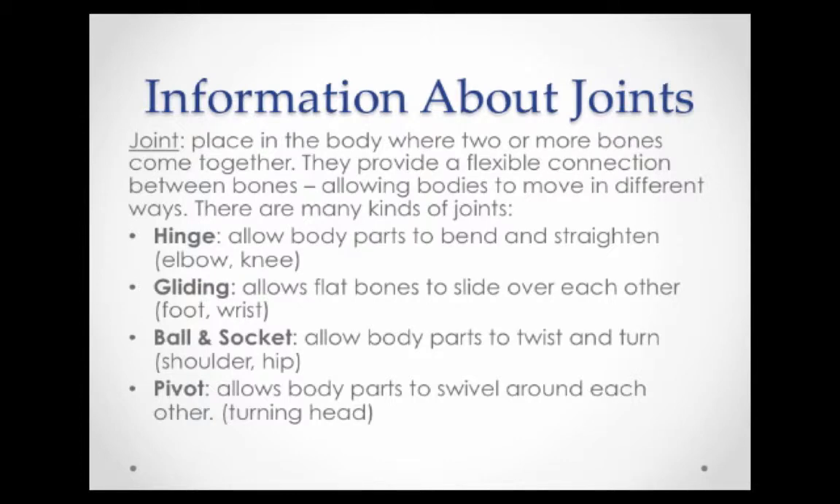Information about joints. A joint is a place in the body where two or more bones come together. They provide a flexible connection between bones, allowing our bodies to move in many different ways. There are many different kinds of joints in the body, including hinge,